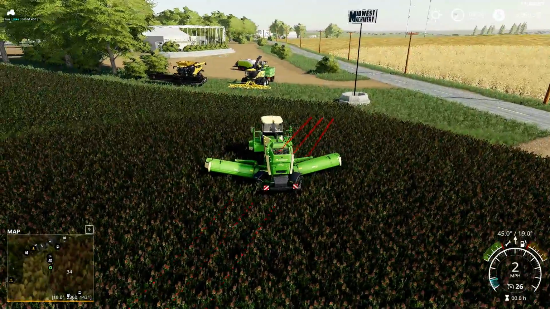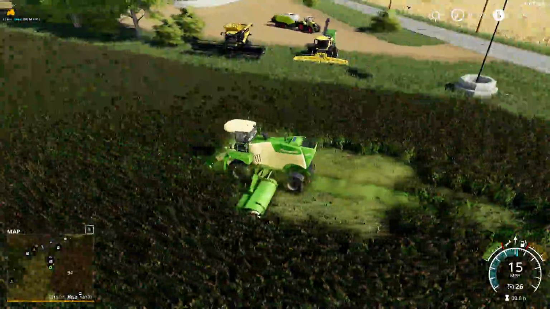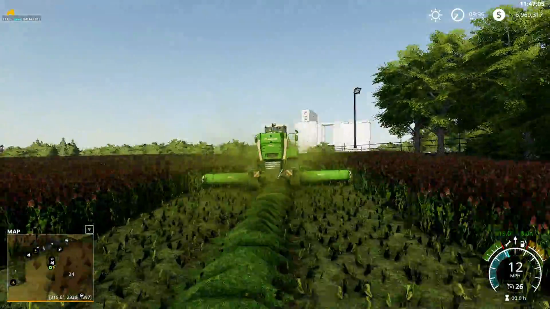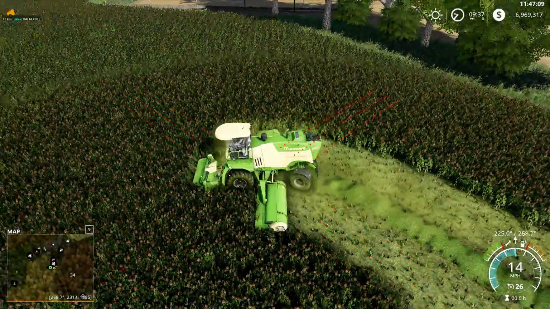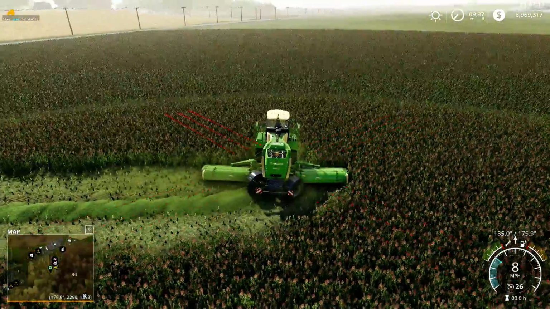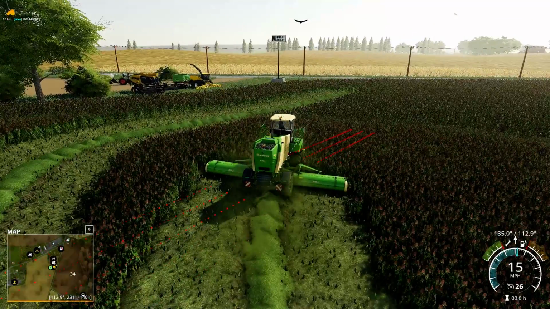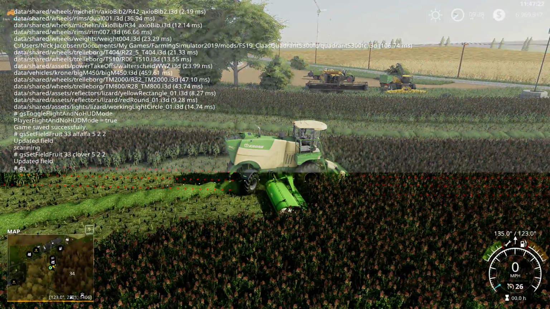This would be our Clover. This one actually lays down wet grass, so if you were to lay it out wide, you would have to put it through a tedder before you could send it through the baler. And then the other one